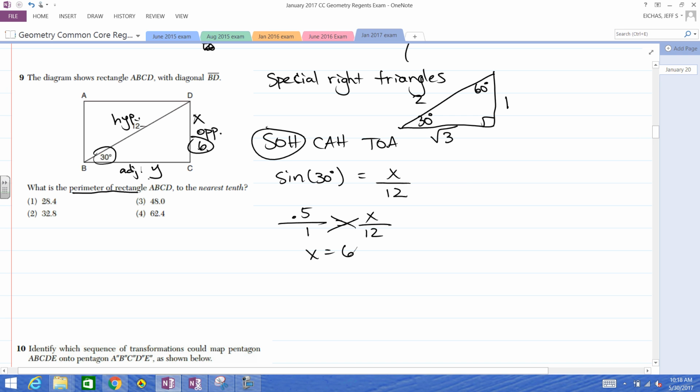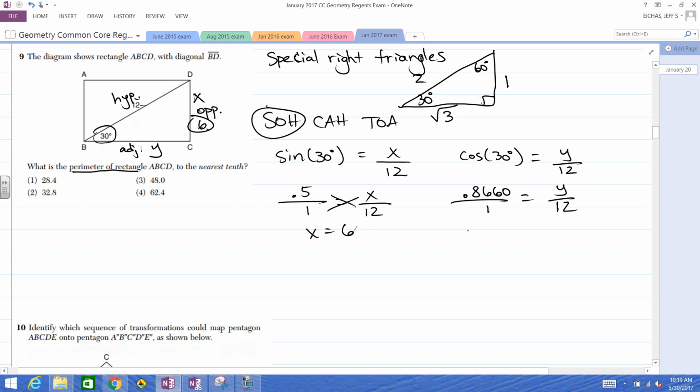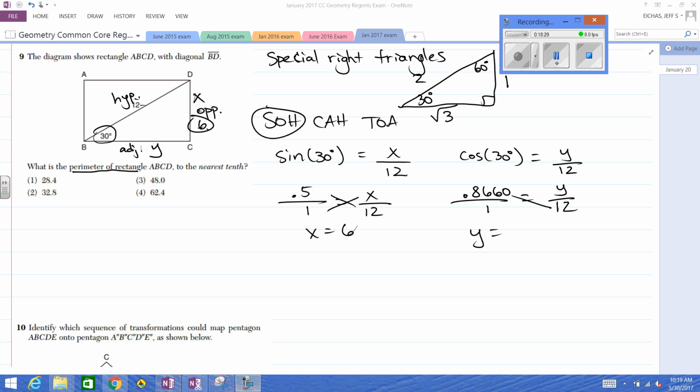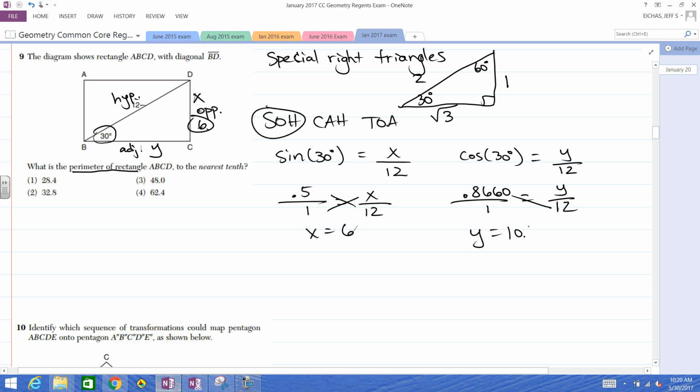All right, now for y, let's go cos of 30 is y over 12. I believe that's 0.8660. Just double check that. Yeah, we got that. All right, that's good. So now y equals whatever 0.8660 times 12 is. So that is, let's see, 10.39. Now, what we got to be careful on this problem,